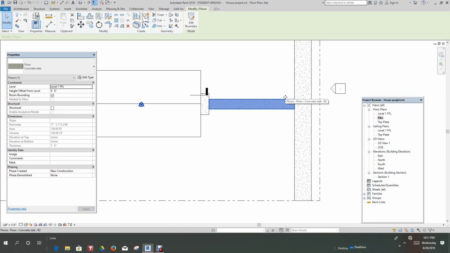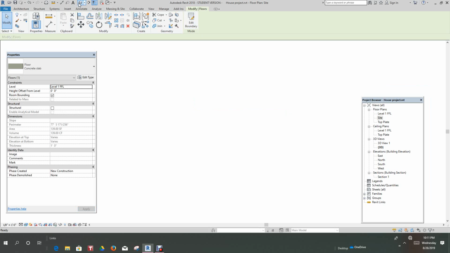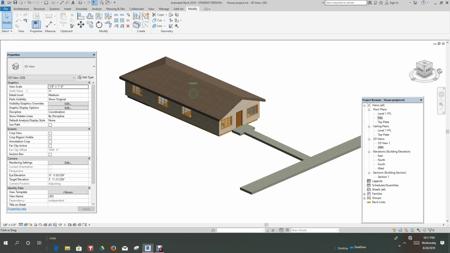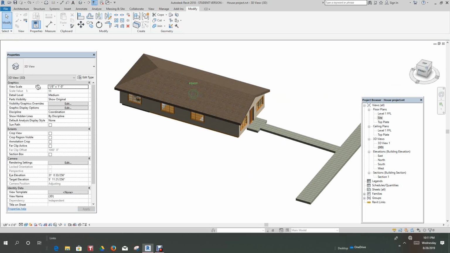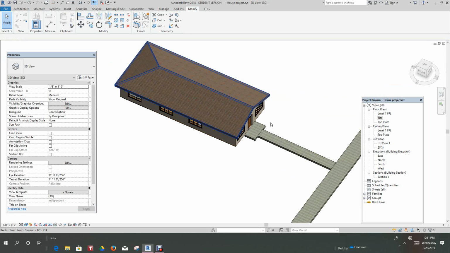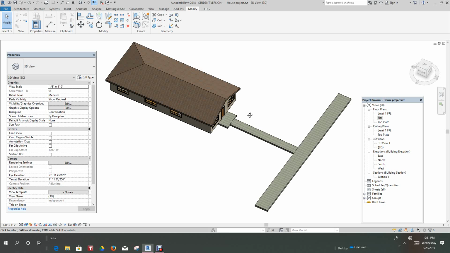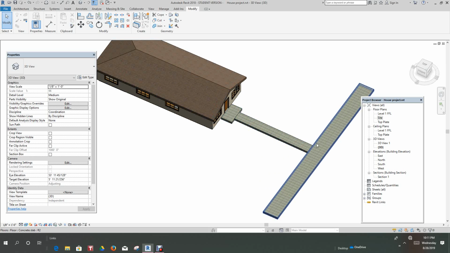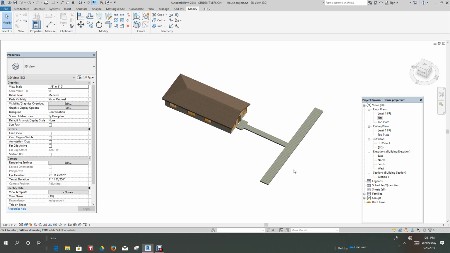So if we've done this right, we should have a slope here. So let's go back to our 3D view. Yeah, that's how you connect that to that sidewalk. Okay. So we got the sidewalks and the ramp moving up to the patio. So the next thing